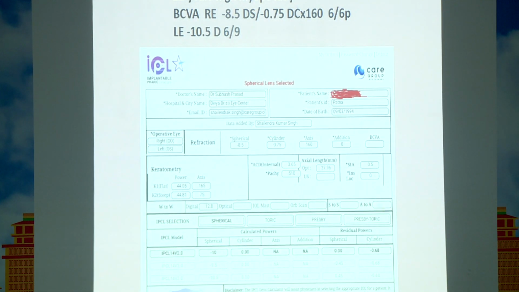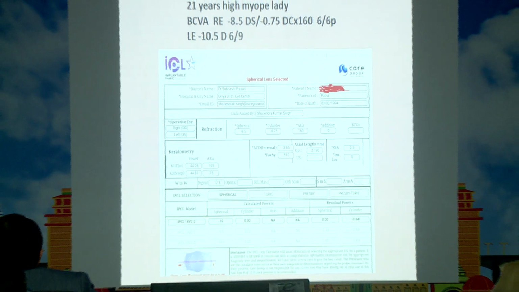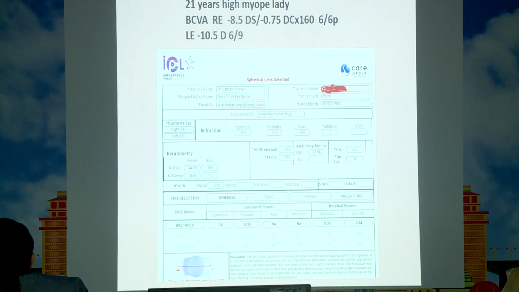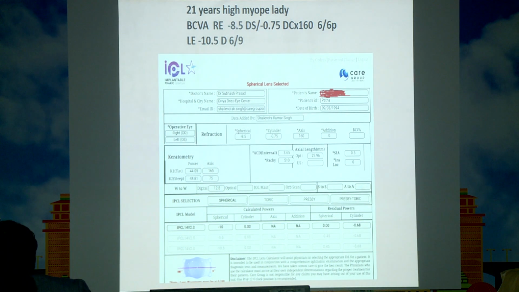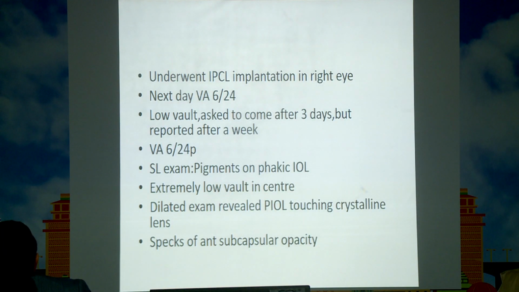So let us come to a real case scenario. A 21-year-old highly myopic lady underwent phakic IOL implantation for myopia of -8.5 diopter in the right eye, and the next day the visual acuity was 6/24. That was quite unexpected,